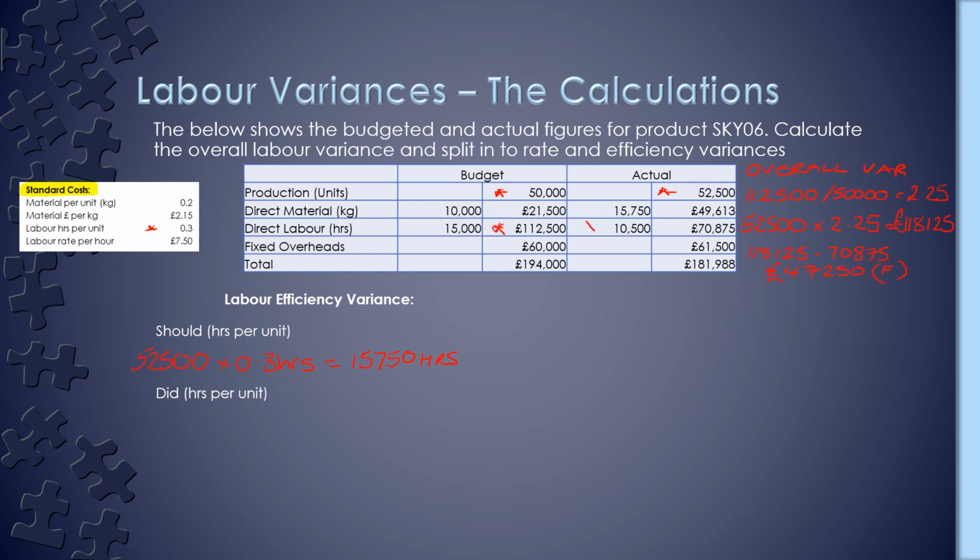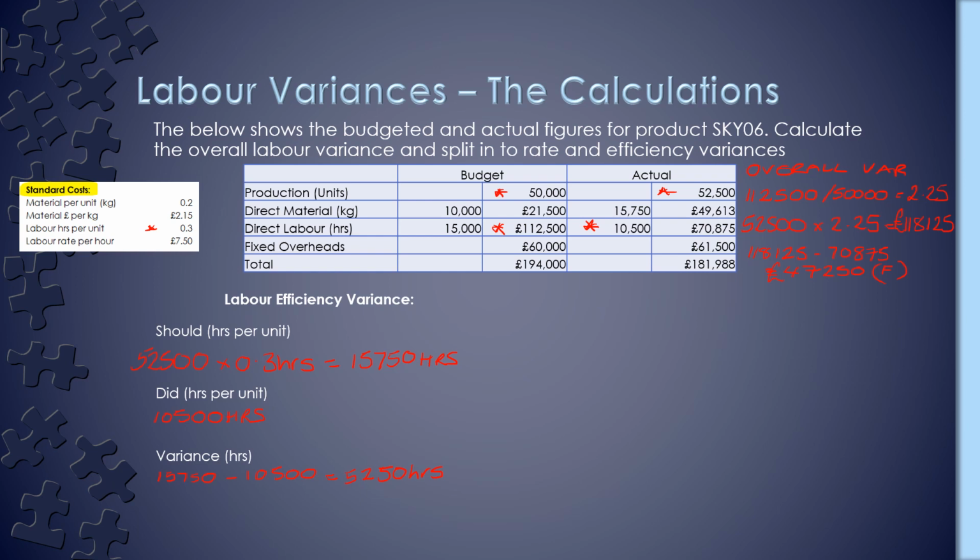But actually, when we look at our actual production figures, we only spent 10,500 hours. So our variance in hours is what we should have spent, 15,750, minus what we did spend making them, and that's a variance of 5,250 hours. Now, just like we saw on the material variances, having them in hours or kilos doesn't help, so